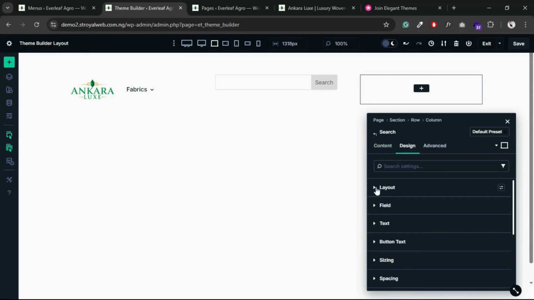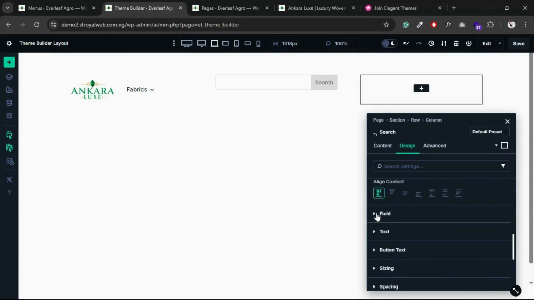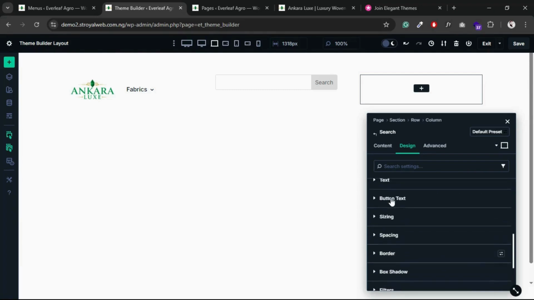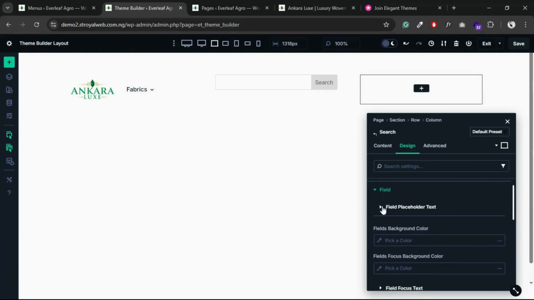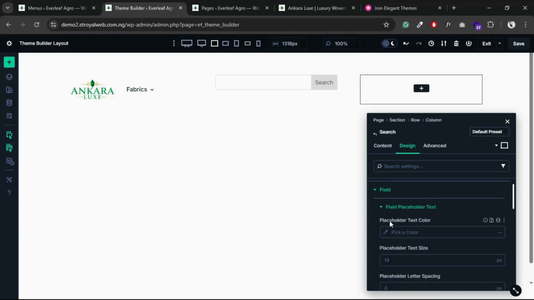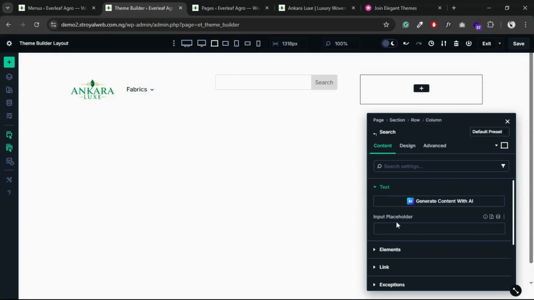So for my layout, I'm just going to leave it this way. I'm not making any changes here. Okay, so I'll go to my field. Oops, why is this not always going up? So for my field, I'll select field placeholder text. Oh, sorry, I've not added the text yet. So let me add the text. All right, so I'll go back to content, then to text, input placeholder. So I'm going to type